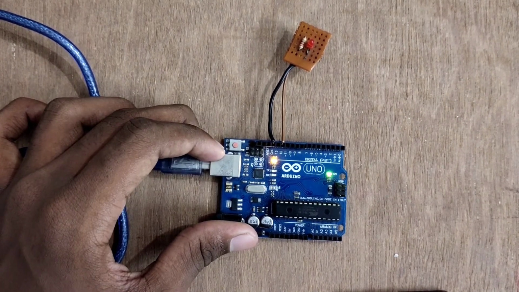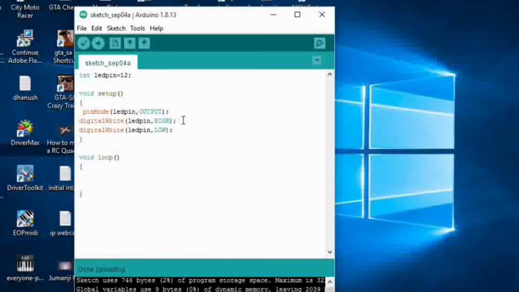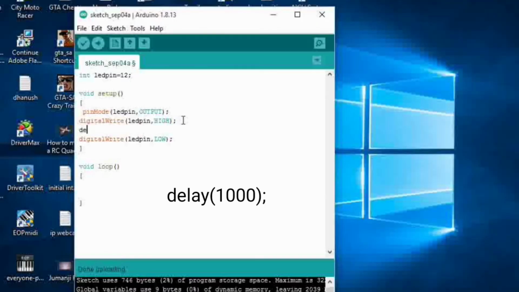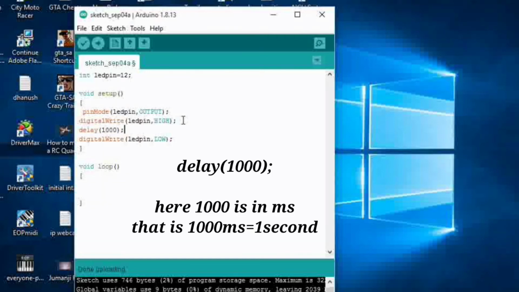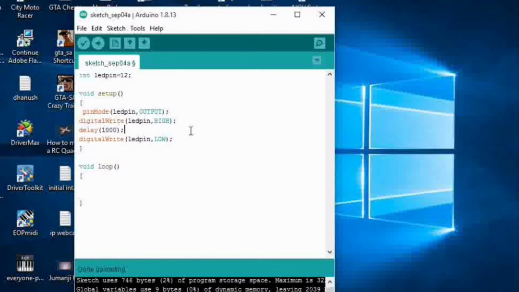So I am going to add a delay. Now I am adding delay(1000); This 1000 is in milliseconds, that is 1 second. And also I am adding this delay for low. Now let us upload this program and see what's happening.